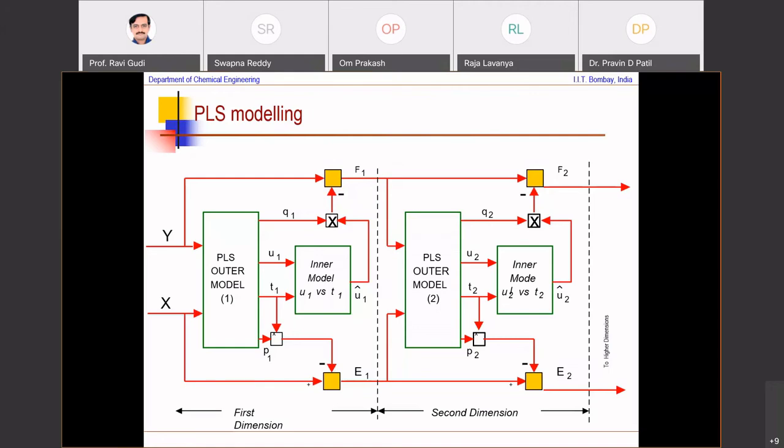I'm repeatedly coming to this point of noise because noise is something that can confound your estimates and can give you completely incorrect predictions, especially when you're going to make decisions based on these estimates. You have to be very careful. Over and above that, in tasks such as fault detection and diagnosis, in tasks such as when you are trying to look at the blowing up of the matrix when there is collinearity and the like, you want to be extra careful about how you deal with noise. Okay? You want to be as close to the true values as possible.